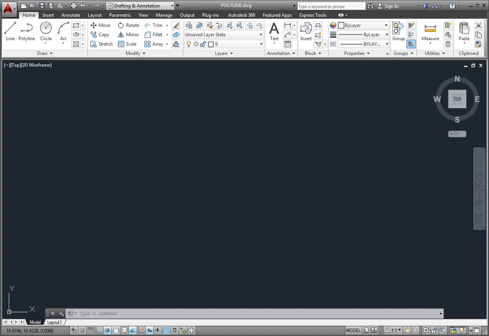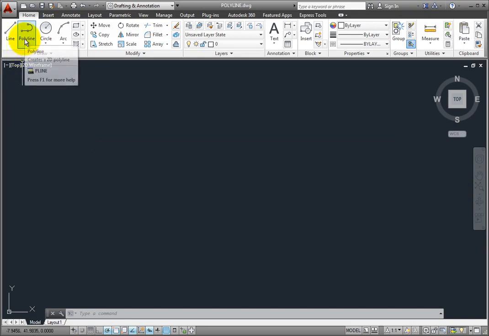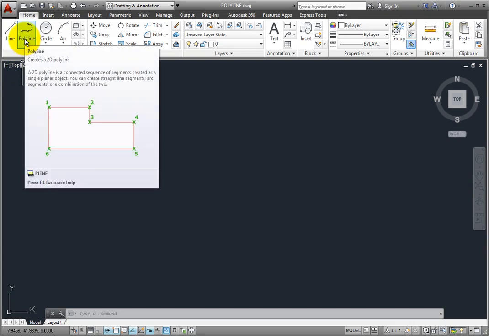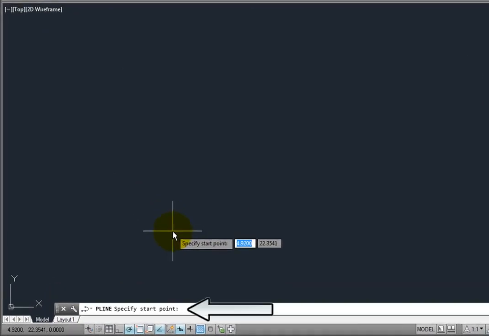Polyline segments can also have a width. Polyline width is similar to line weight, but is controlled separately from line weight and can vary over the length of a polyline segment. To start the command, click the Polyline tool, which is located in the Draw panel on the Home ribbon. When I start the command, the program prompts me, both at the command line and with dynamic input enabled, at the cursor,